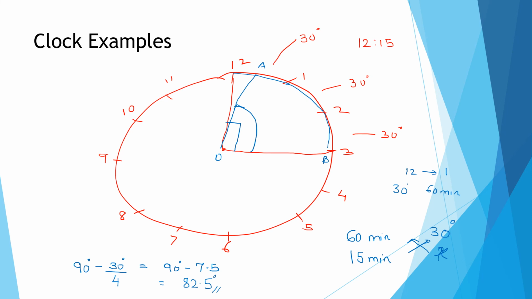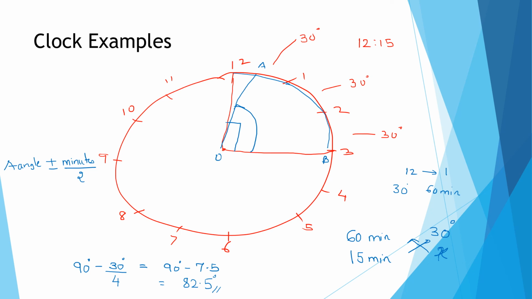So always remember, it will be the approximate angle which you know, plus or minus minutes divided by 2. Whatever the minutes are, divide them by 2. That much will be your angle. Like here, for 12:15, the wrong angle was 90. Since the angle is reducing, when you draw the diagram you understand whether the angle is decreasing or increasing. Since it is reducing, I am doing minus. What am I subtracting? 15 minutes divided by 2. 15 by 2 is 7.5. So 90 minus 7.5 is 82.5.